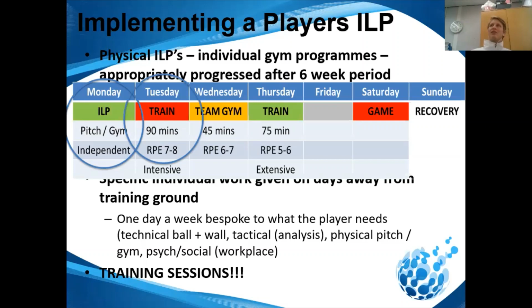Now, not every individual is going to get every job spec out of every session, for sure. You might have a focus on, I want to work on defending as an individual and defending as a team in a session. So the defensive type players are going to get more here. But when you work on defending, you also have to work on some attacking, because they're going to be going against defenders. So you will get some in every session, but it won't be geared towards all players. But over the course of a few weeks and the season, you need to make sure that every player has good opportunity to get what they need from the sessions.